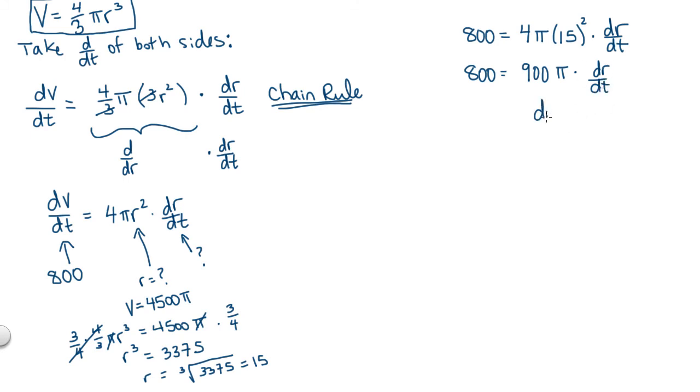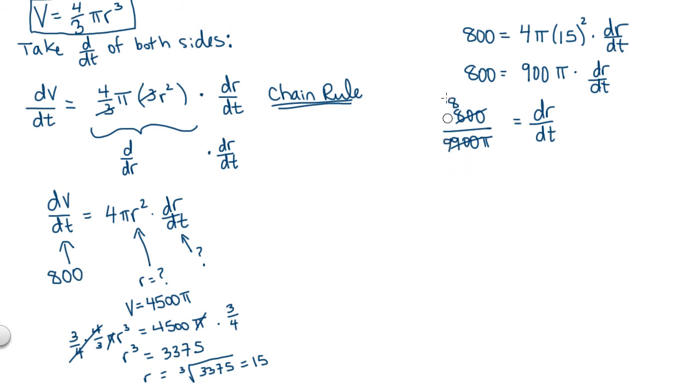Okay, so now we can solve for dr by dt. Just divide both sides by 900 pi, and we can do just a little bit of simplifying here. We could actually cancel out a factor of 100 from the numerator and the denominator,